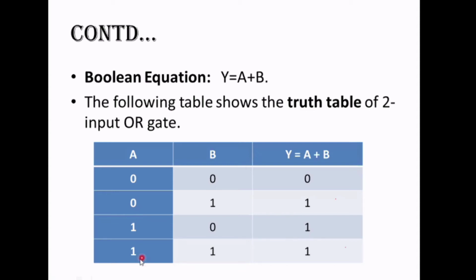Similarly, you can see 1, 1, right? 1, 1 means high and high. Understood? High, high का मतलब है both the inputs are high, right? Now the statement says that any one input is high, the output is high. यहाँ पे तो दोनों ही input high है, तो obviously output भी आपका high आएगा, which means it is 1, right? And that is why 1 plus 1, 2 नहीं है. This is not your mathematical addition, right? This is your logical or symbol, right? This or this, right?